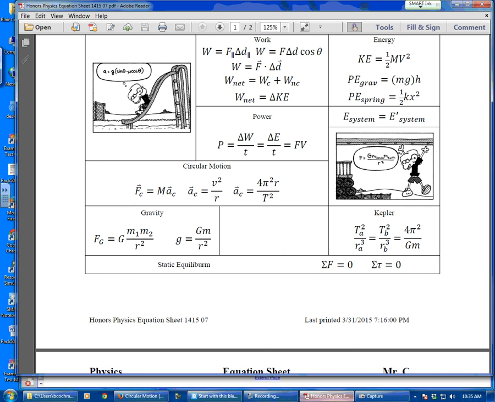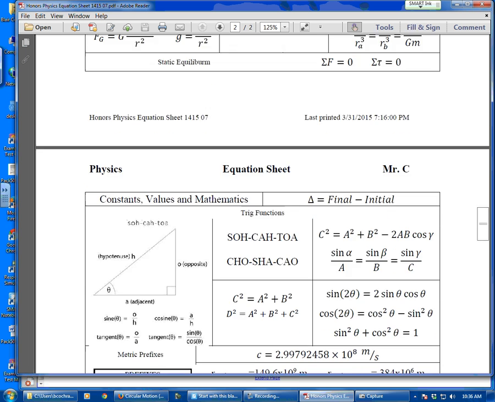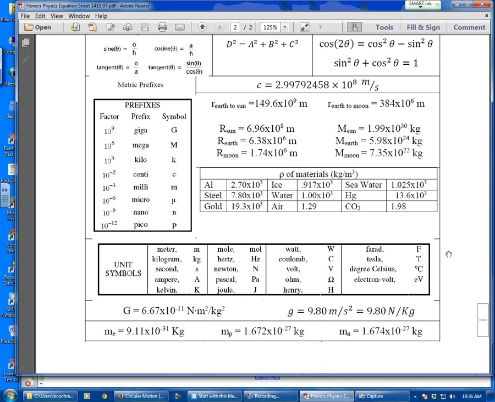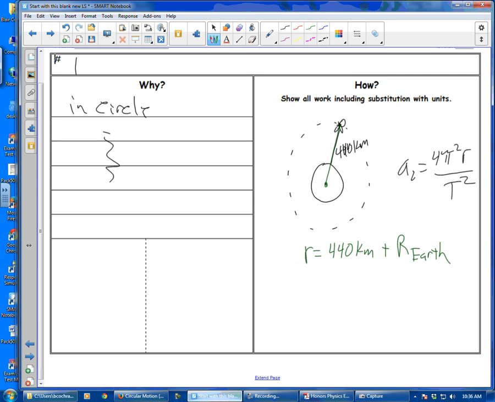If I go to my equation sheet here, there's a whole list of the radius of the Earth and moon and all sorts of things like that. So the radius of the Earth is 6.38 times 10 to the 6th meters. So my radius is going to be